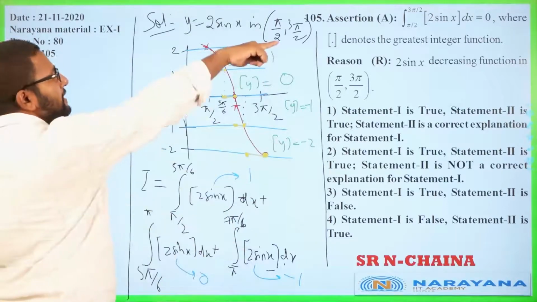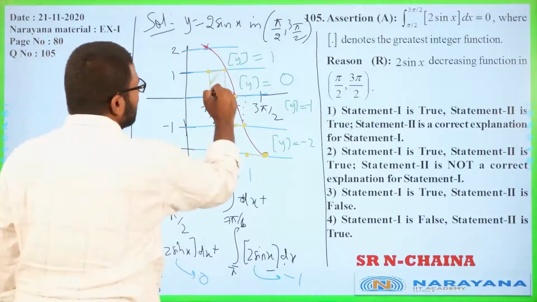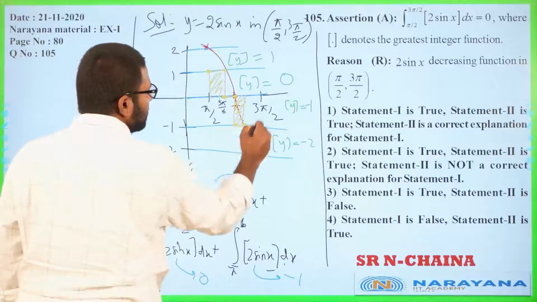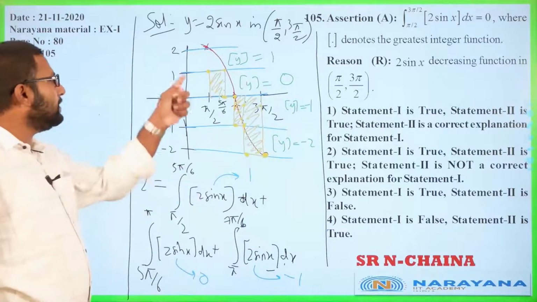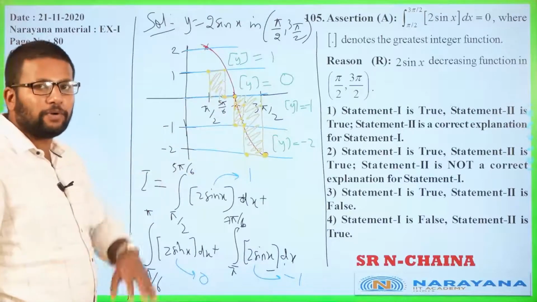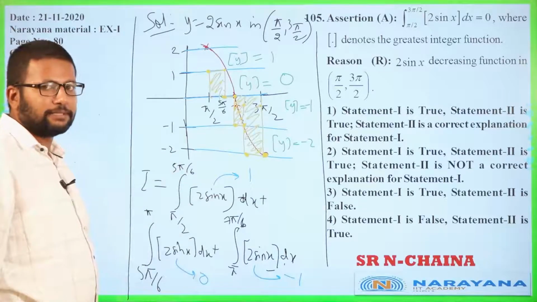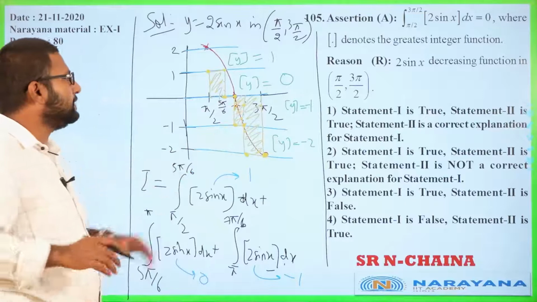Okay. Now you understand that that integral represents area with x-axis. So if you look at areas with x-axis, clearly the total area is going to be a negative quantity, because area below x-axis is clearly bigger than area above x-axis. All we care about is, is it going to be 0 or not? Definitely it will not be 0.